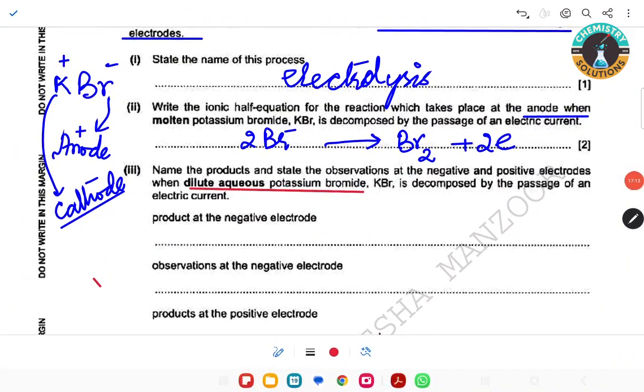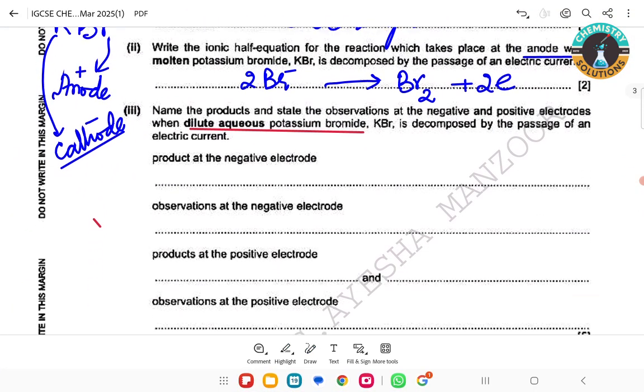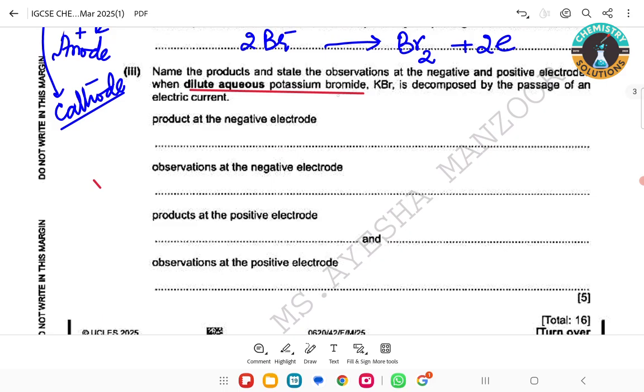Now if we move towards our paper: name the products and state observations at the negative and positive electrodes when dilute aqueous potassium bromide is decomposed by the passage of electric current. So at the negative electrode, we have seen that hydrogen gas will be formed. So the product at the negative electrode will be,